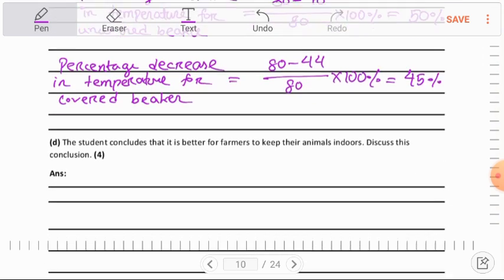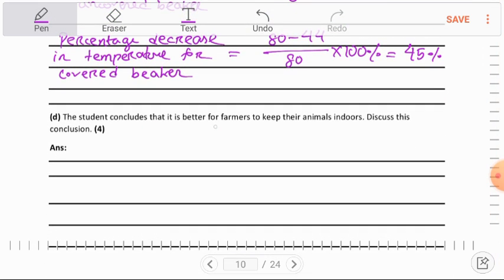Moving to 5D. The student concludes that it is better for farmers to keep their animals indoors. Discuss the conclusion. As it is saying discuss this conclusion, it means that we need to point out both the good side of this investigation and also the bad side. We need to present a point for the investigation and a point against the investigation. So a point for the investigation is that if the animals are kept indoors, it reduces their heat loss,